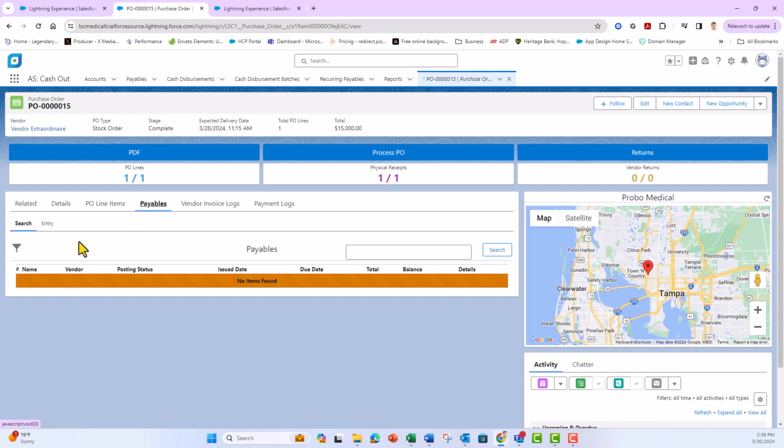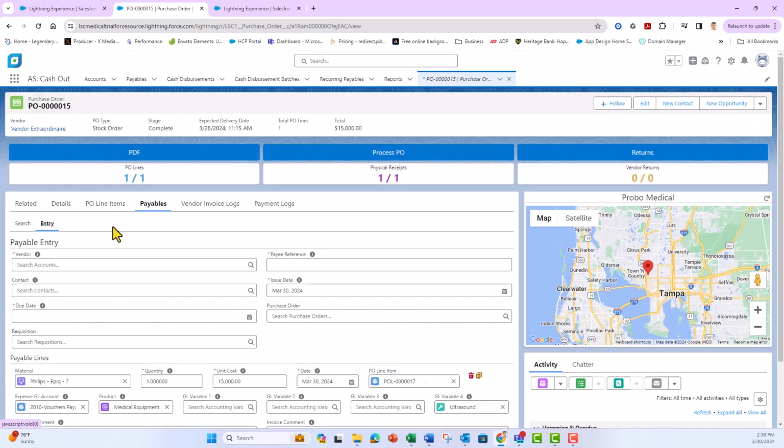And then when you click the Payables tab, the first place it's going to take you is the search screen. This will tell you if any other payables have already been input against this purchase order, which may be important to know if you've got a duplicate vendor invoice. But this one is clean, so we can go to the Entry tab,